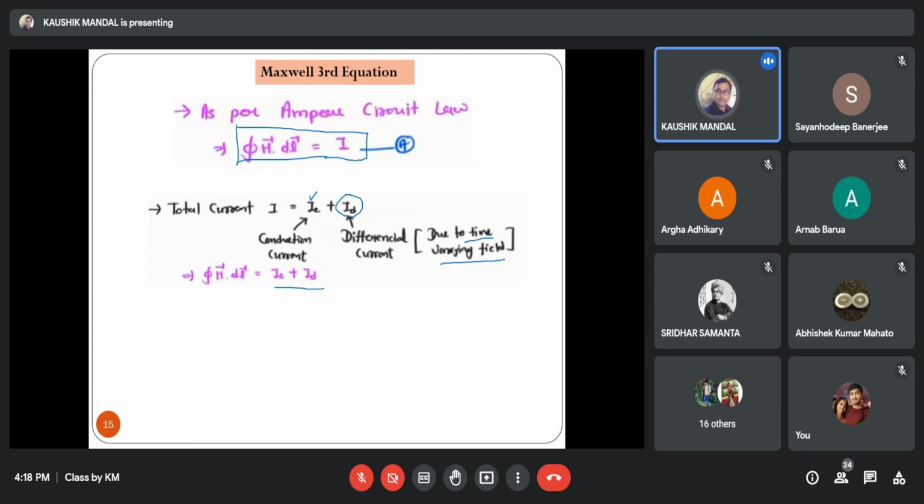Till now we are only dealing with the static field, whether it is electric field or magnetic field, all are static. Till now we did not discuss time varying fields. So in the next class we will discuss the effect of time varying field and the corresponding modifications in Maxwell's equations. But for the time being, we have only concentrated on the static field, whether it is electric or magnetic. Though it is mentioned in this discussion that if we consider the effect of a time varying field, then we have to include this differential term, that is displacement current.